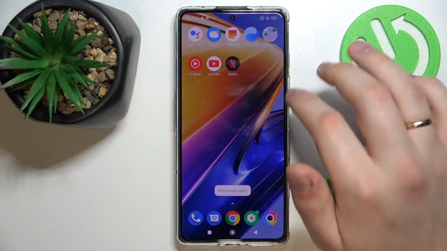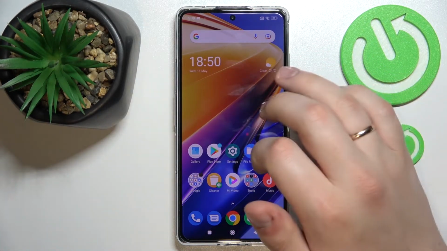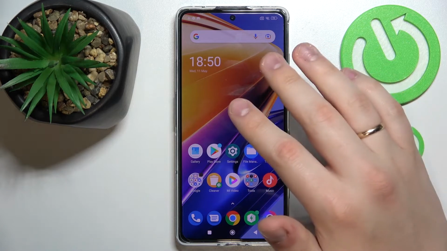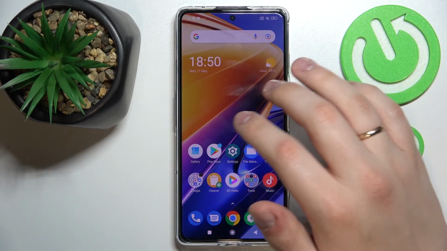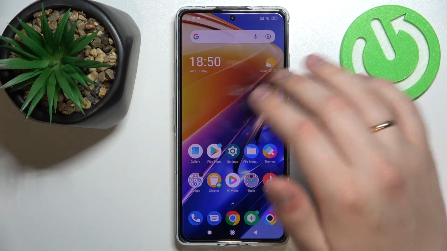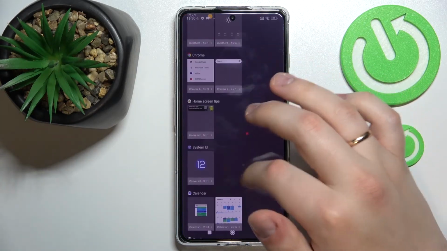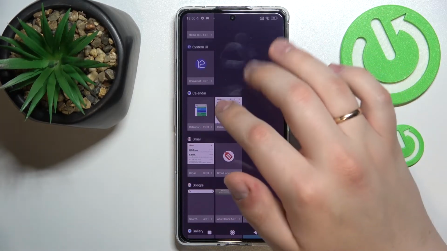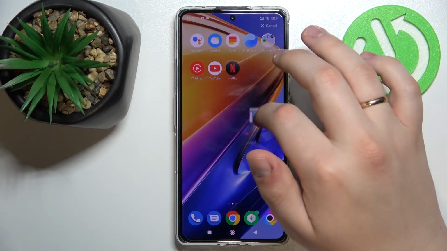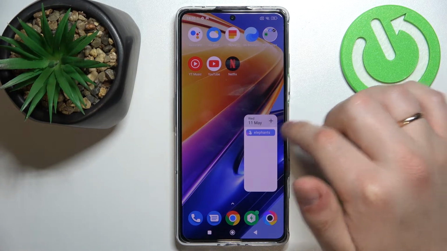And as you could see just now, it did not allow me to place this widget here since we do not have any more vacant space at this home screen for the widget of such size. So we'll go back to the widgets menu. Look for the calendar category again, tap and hold on the widget we were to add and place it right